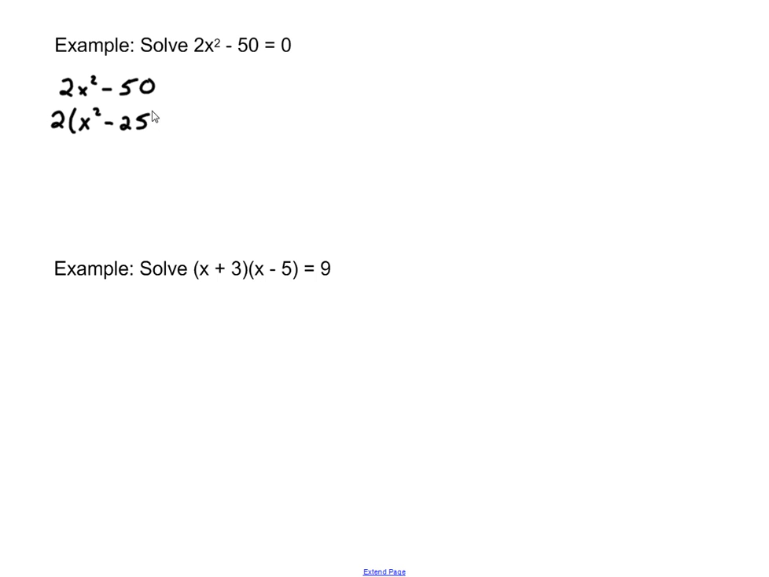And we think to ourselves, aha, 25 is a perfect square. And so I know that this will be the same thing as saying 2 times, since it's a difference of two squares, x minus the square root of 25, that's 5, times x plus the square root of 25. So we know that this is our factorization, and therefore our equation will be equal to saying 2 times x minus 5 times x plus 5